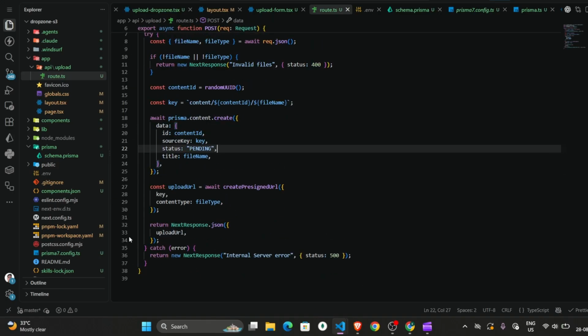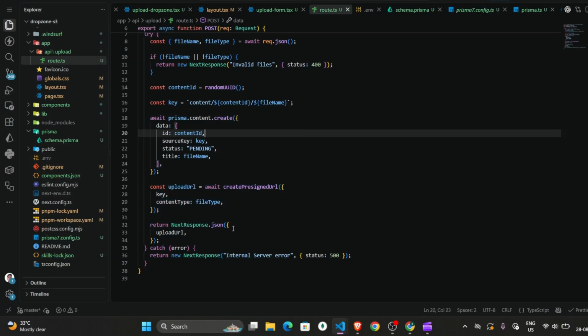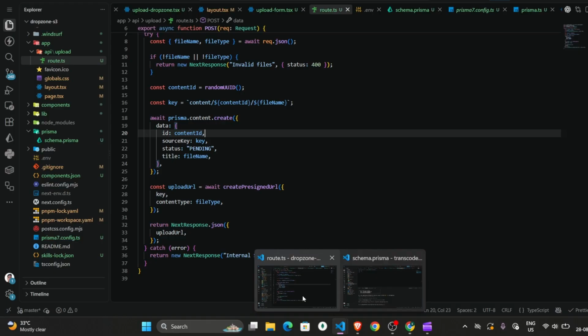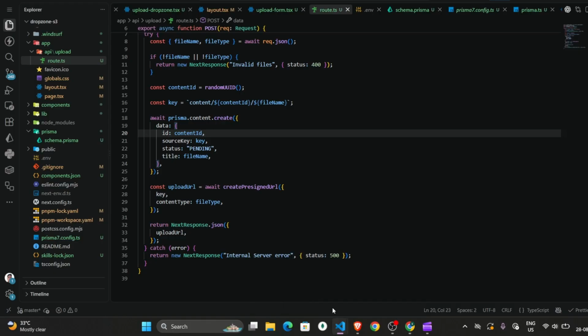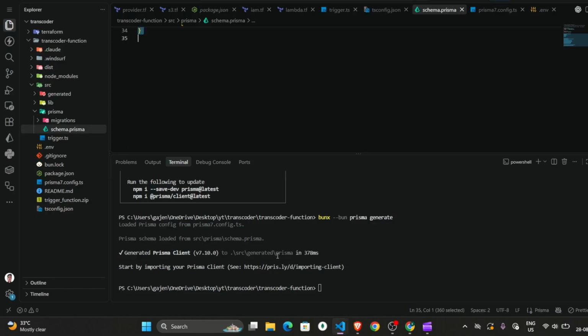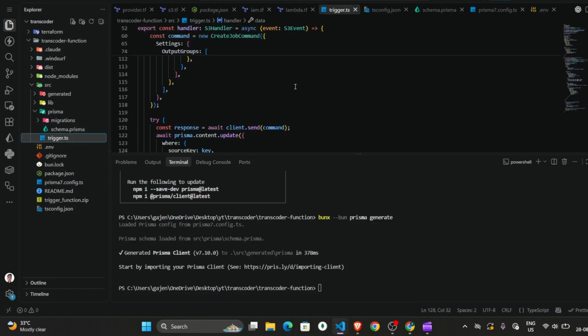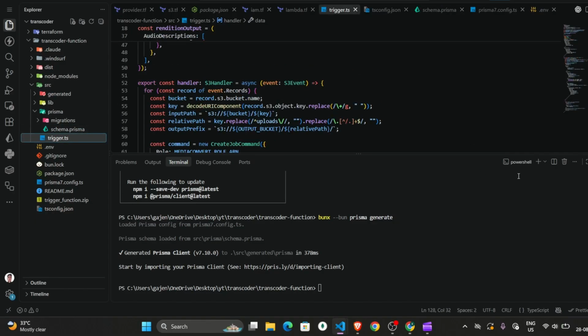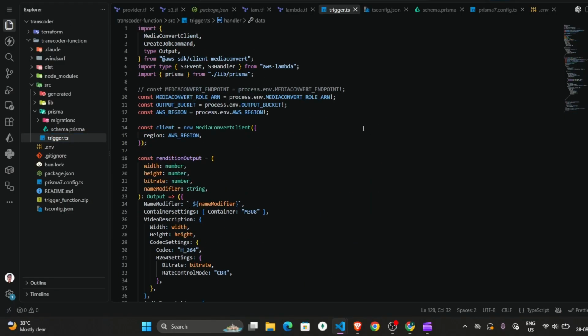Then we upload our file from the front end. Then it created the pre-signed URL. It will return to the front end. From the front end, we directly upload the file to S3. From S3, in the input bucket, so when the file is uploaded in the input bucket,